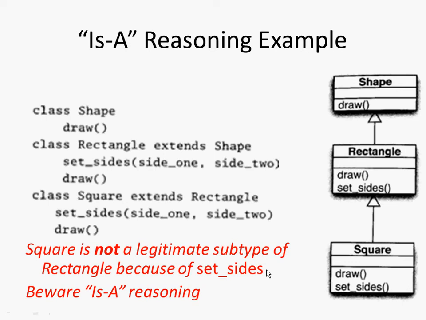Yes, question? How about reverse, like the square is the subtype of the rectangle? Okay. Square is the subtype. Square here claims to be a subtype of rectangle. I would say by the Liskov substitution principle, it's not a legitimate behavioral subtype as it's declared here. Now, I could create,